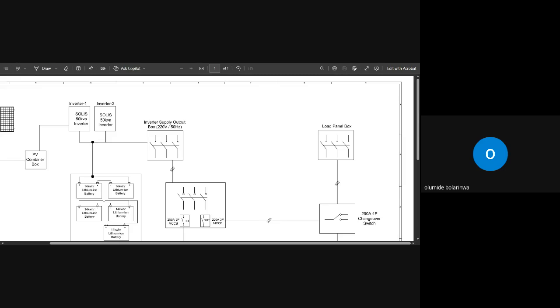Now, there's something we call MC4 connector. What does an MC4 connector do? Anyone? What is an MC4 connector used for? Any idea? Hello? Okay, don't let me waste my energy tonight. That's your MC4 connector.